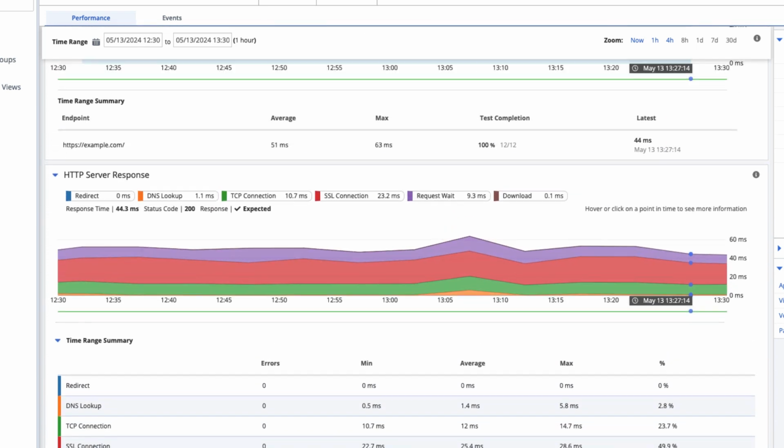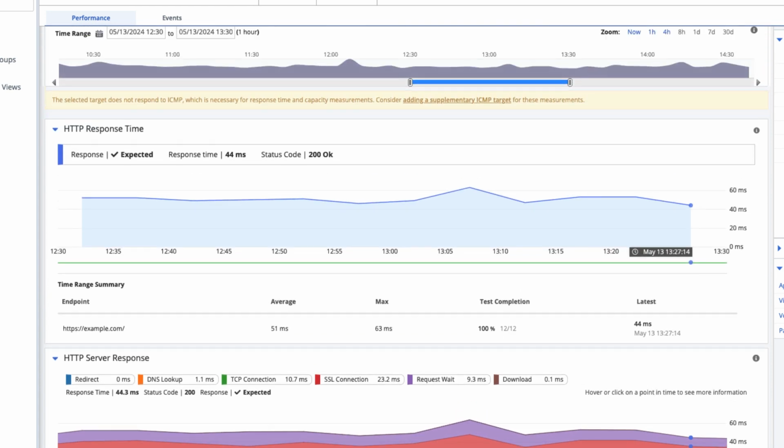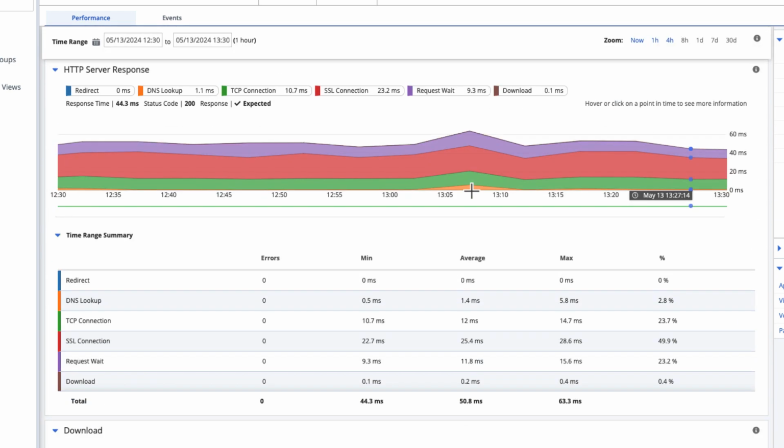This example web path uses an HTTP workflow. The previously existing HTTP response time chart shows the overall response time for the request in the workflow. And the new HTTP server response breakdown chart breaks that overall response time into the time spent at each phase of the web transaction. Hover over the chart to see the response time for a particular test and the test